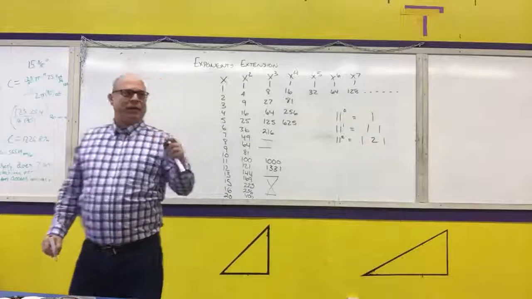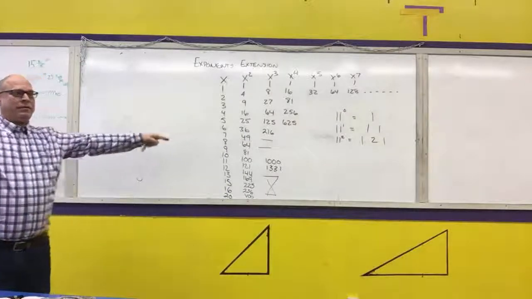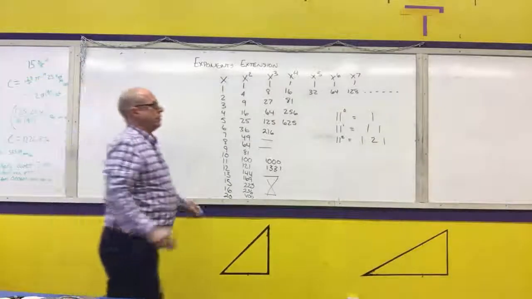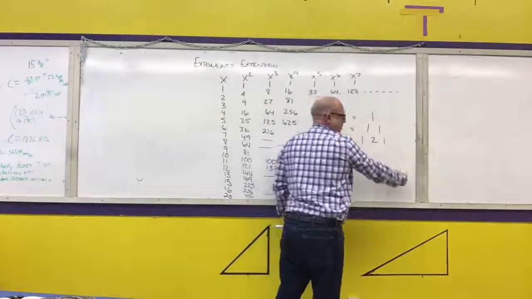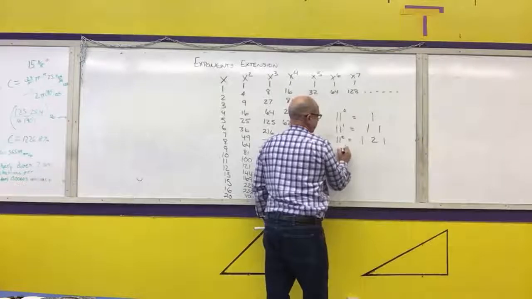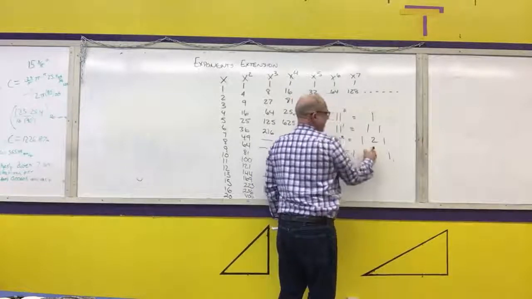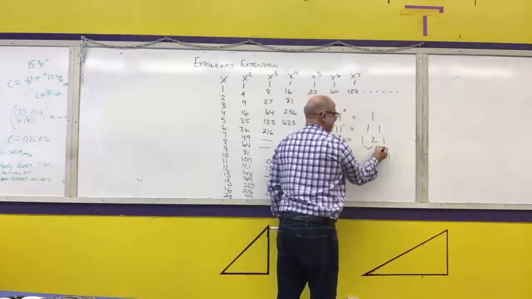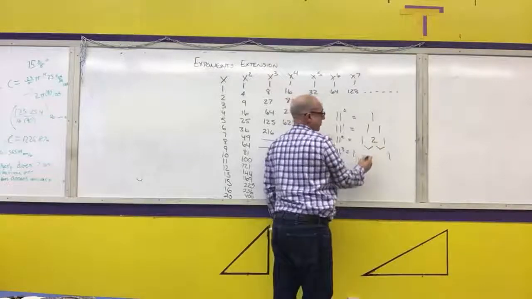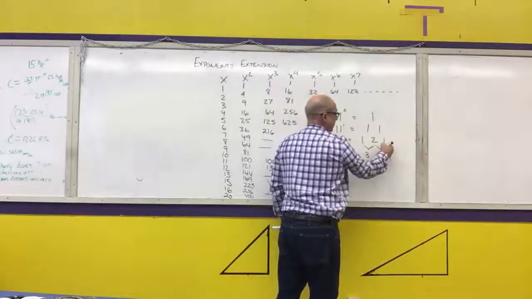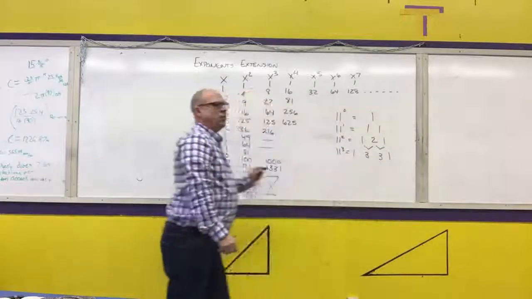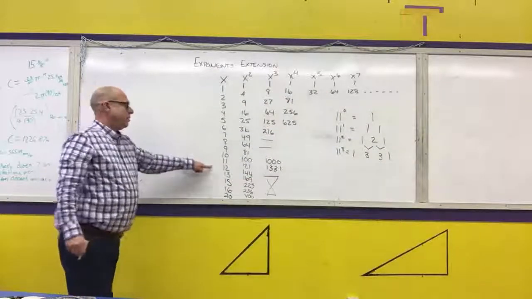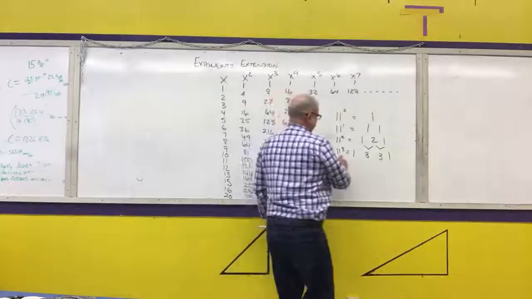Powers of 11 actually follow a pattern here. The left-hand number is going to be a 1. The right-hand number is going to be a 1. And then the next numbers come from adding the two numbers above it. What's 1 plus 2? What's 2 plus 1? 3. So 11 cubed would be 1331. If you wanted to do 11 to the 4th, 1, 4,